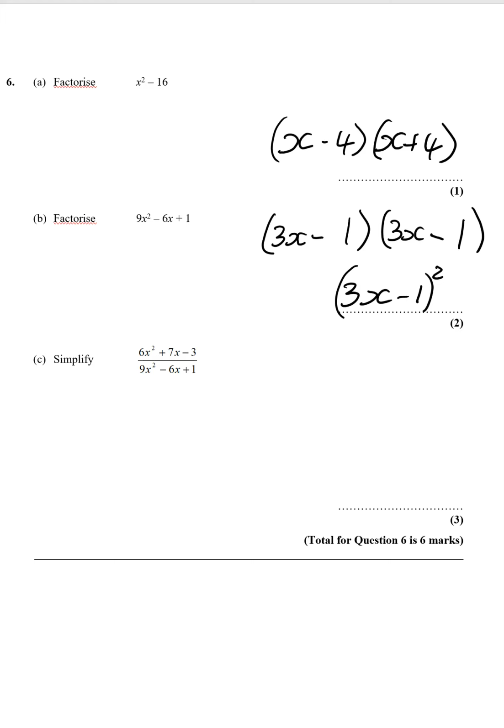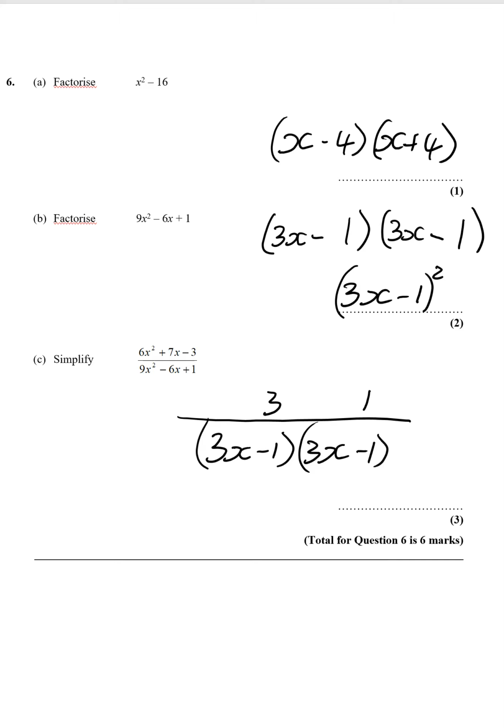Right, now we've got another, we need to simplify, which means we need to factorise again. Well, look, the bottom is the same as this, so that's quite handy. We don't need to worry about that one. And then the top, we need two numbers that multiply together to give 6. We've got 3, right, so we've definitely got 3 and a 1, because that's the only way to get the 3. If we had a 6, we could do 6 times 1, but then that's going to give us 9 or 3. So it must be